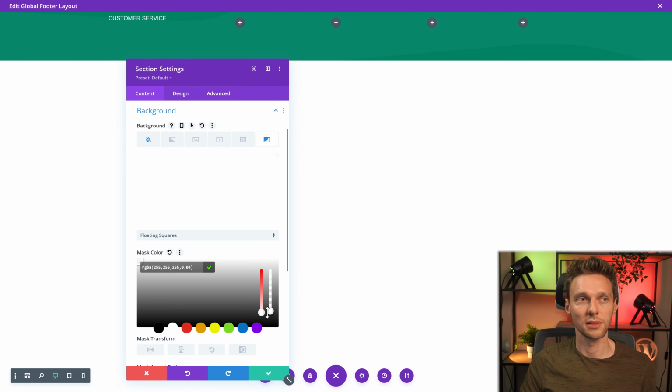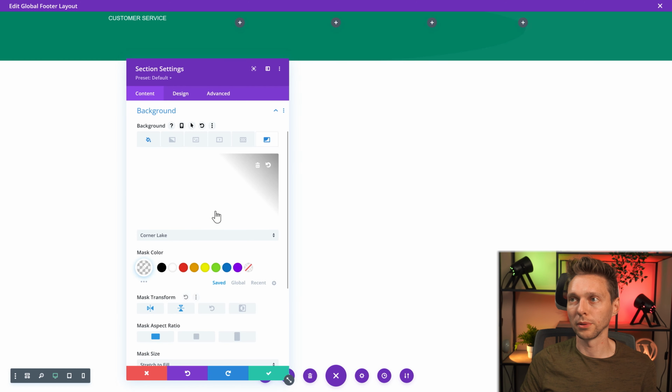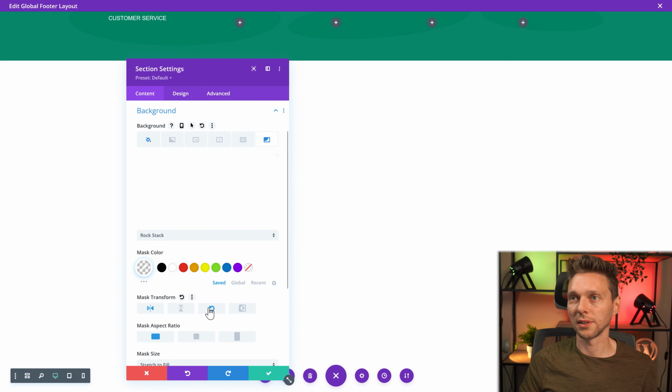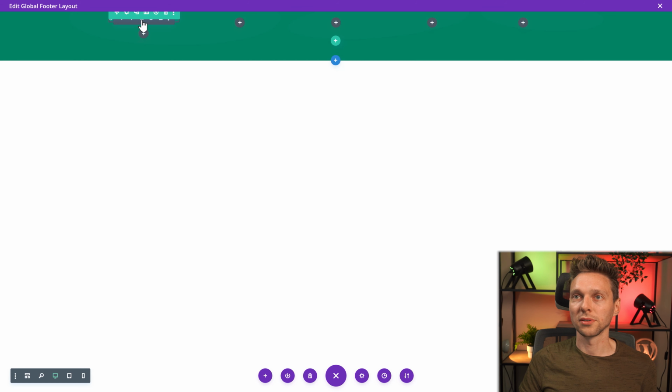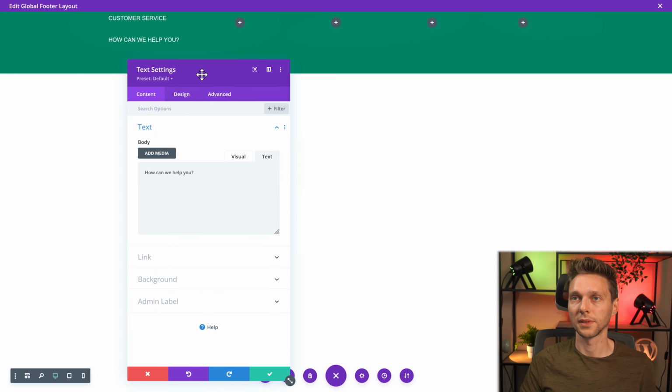Beautiful floating squares. Or this time maybe we can use a blurb. Well, whatever you want, you can make use of them over there. Yes, this one looks beautiful. We're gonna use it like this, and then we're gonna even make it 0.2. Yes, this is excellent. Then we're gonna add a new module. Just copy this one, add a new one, and text is how can we help you?